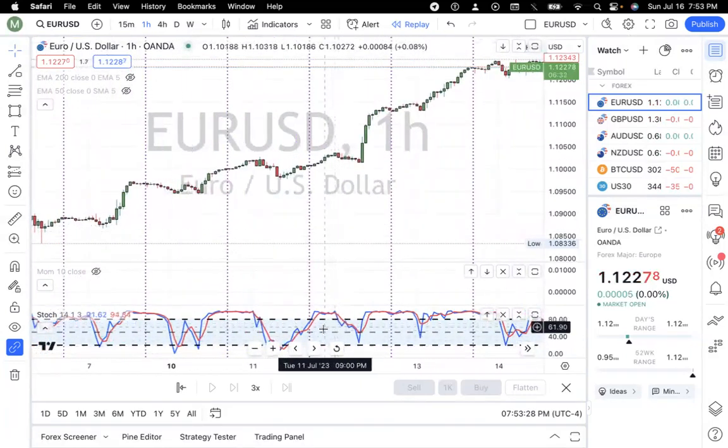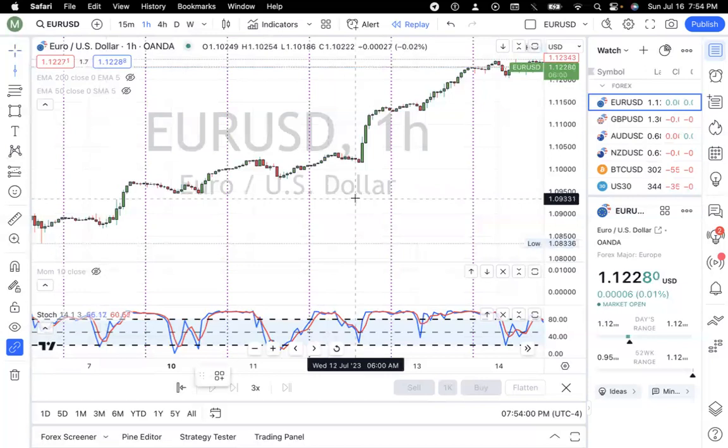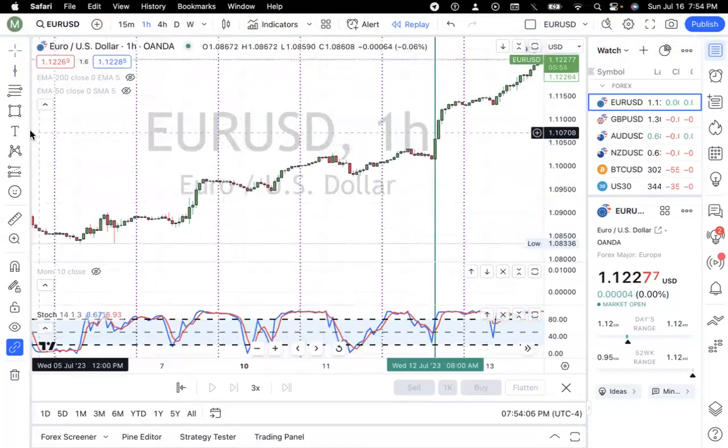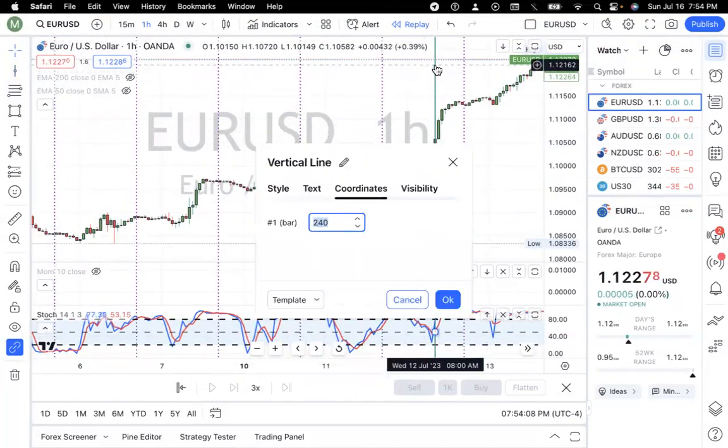So when I'm using the stochastic as an indicator, I'm not really trying to make any moves until the market is approaching either my 80% line, which is at the top, my 50% line, or this 20% line. It could be doing anything around these lines, but these are the lines where you're going to see the most activity. So for example, let me get a vertical line so we can pay attention to the same candle. I'll do a few candles where I'm only highlighting areas where the market is near a dotted line,